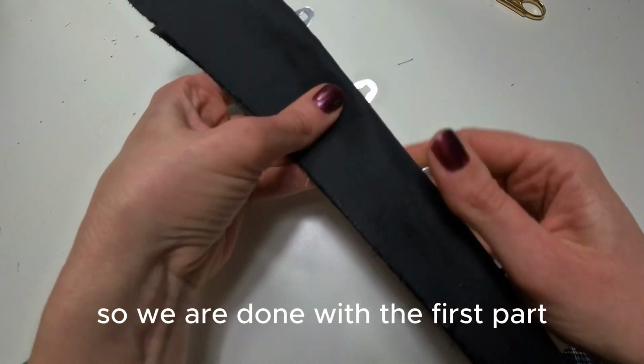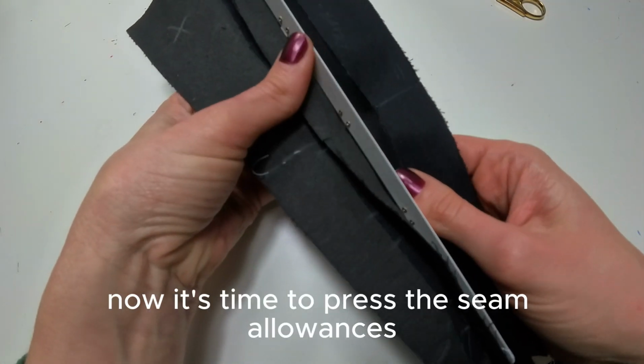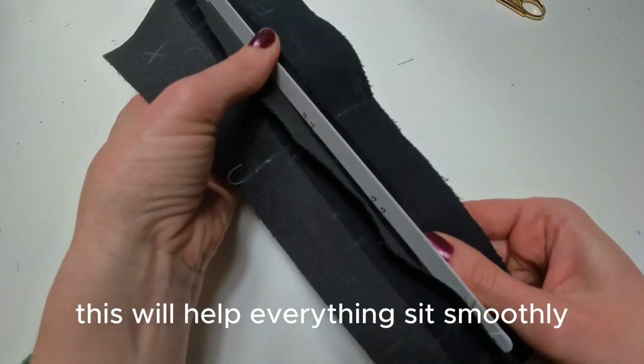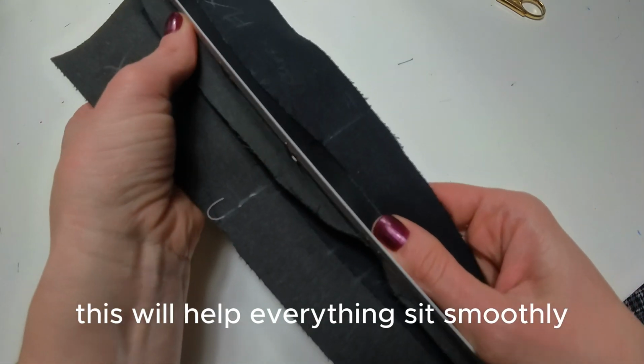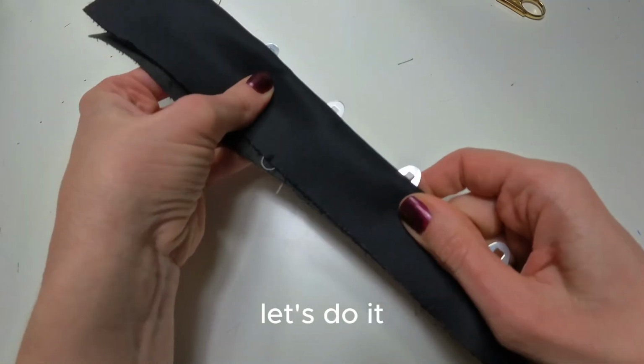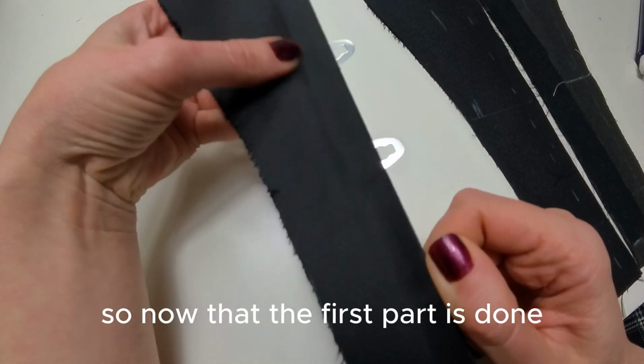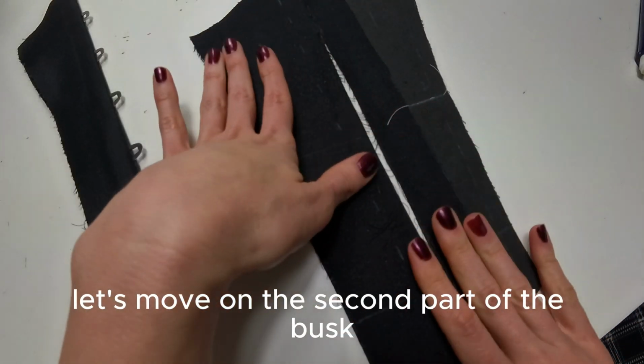So we are done with the first part. Now it's time to press the seam allowances nice and flat. This will help everything sit smoothly. Let's do it. So now that the first part is done, let's move on to the second part of the basque,